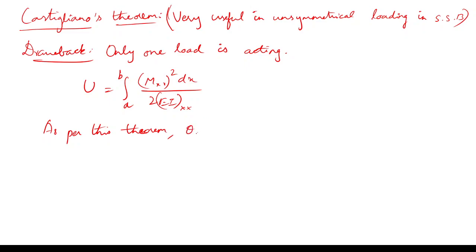we can find out the slope at any point, or else, maybe I will write down the whole theorem. I can find out the slope at point A by partially integrating the strain energy with respect to the bending moment alone, where MA is the moment acting at point A. And I can find out the deflection by partially integrating the strain energy with respect to the load acting at point A,